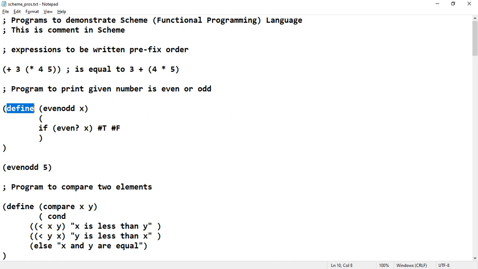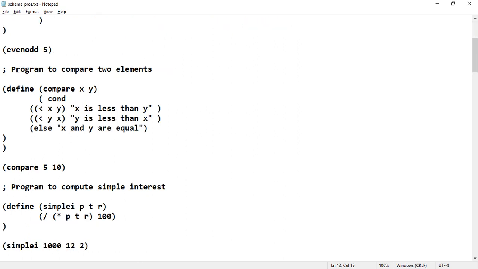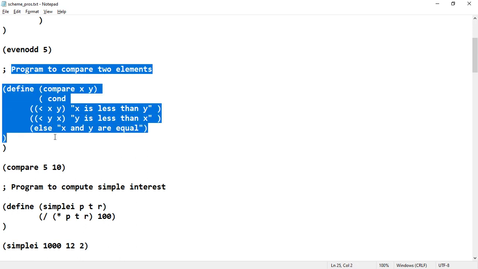This will be defined via the define statement. Bracket open, if even, it will check whether x is even or not. If x is even, it will return true, otherwise it will return false. Anyhow, we have seen this program in the last lecture, comparing two elements, whether x is greater than y, or x is less than y, or both are equal.